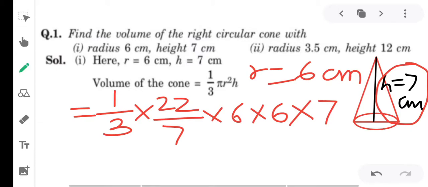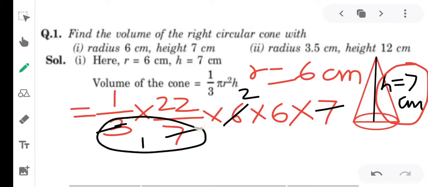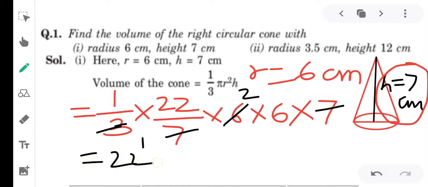So you can see there may be cancellation, 7 is cancelled by 7. 7 जो है वो 7 से cancel हो जाता है. I can change the color. So 7 is cancelled by 7, and this 3 can cancel one of the 6, 3 to the 6. So the denominators 3 and 7 are cancelled out. And here the remaining is, यहाँ पर क्या बचा है हमारे पास, 22 is remaining, and the 2 is remaining, and here the 6.